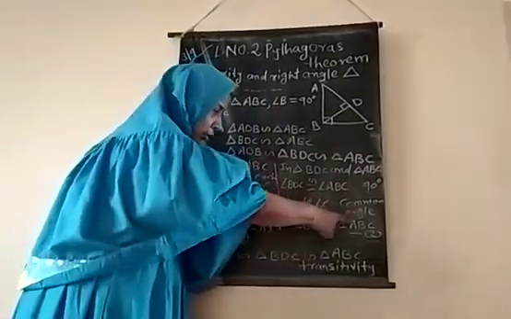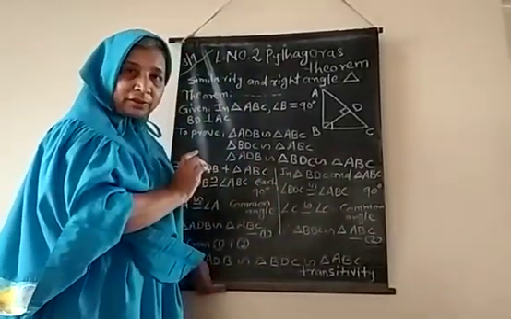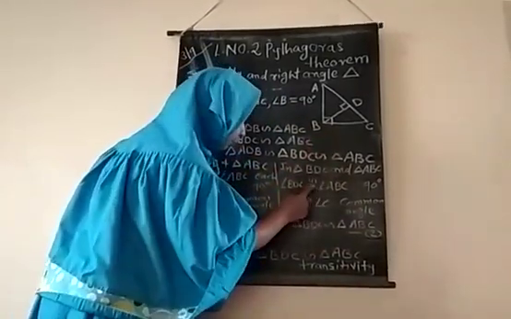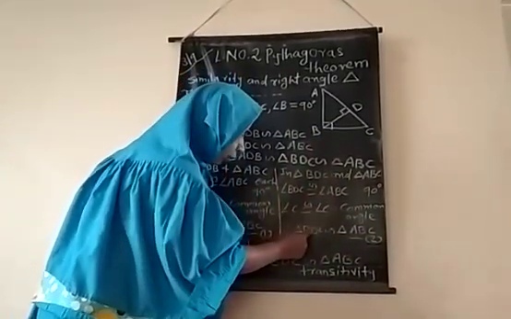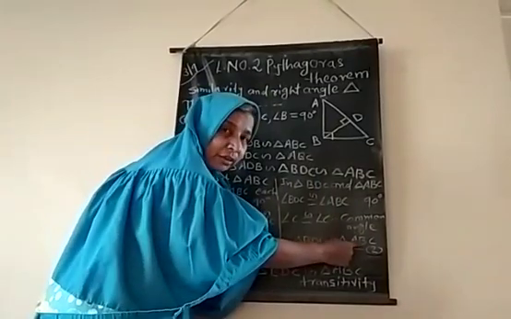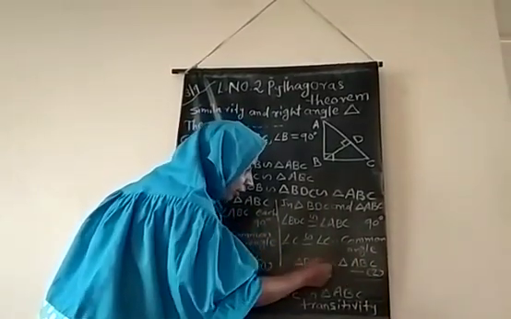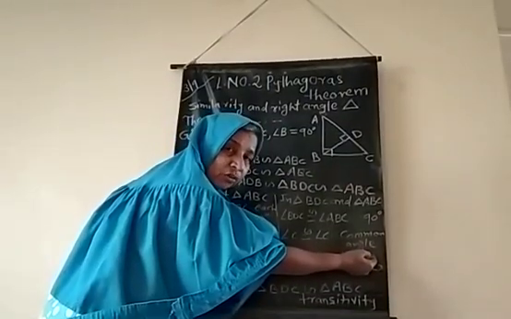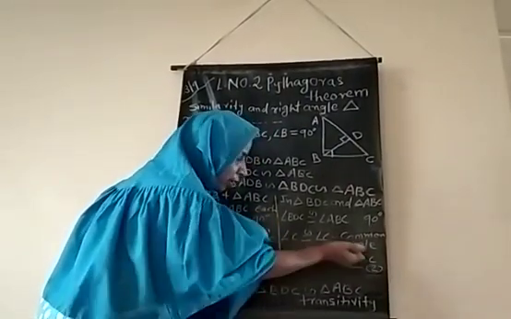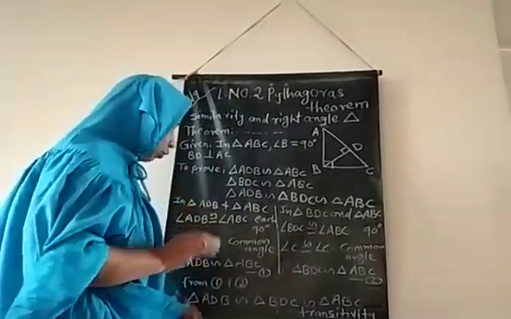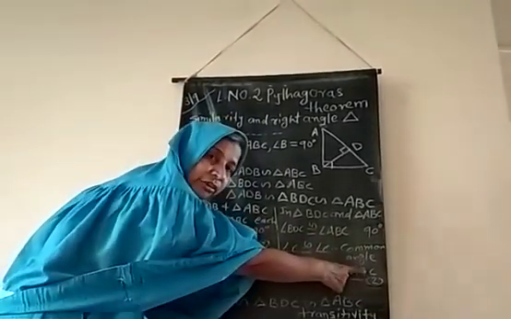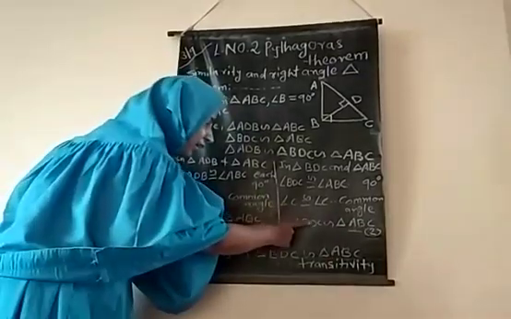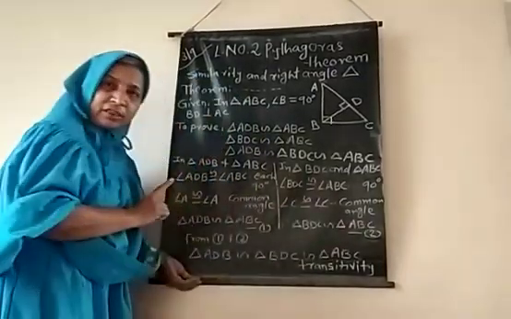Here also we are matching the vertices. Angle D is 90 degrees, and here our angle B is 90 degrees. So D is in the second position, B is in the second position. C and C are congruent, so C is in the third position, and here also C is in the third position. So the remaining one comes to the first position. Now, from equation 1 and equation 2, ADB is similar to ABC and BDC is also similar to ABC.